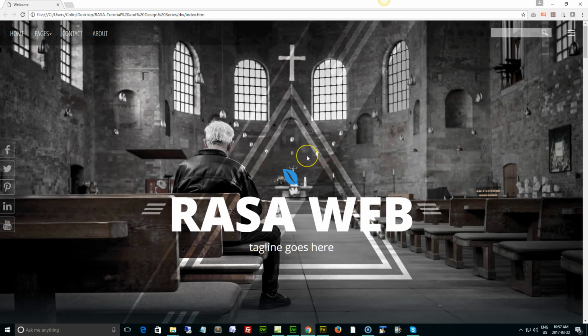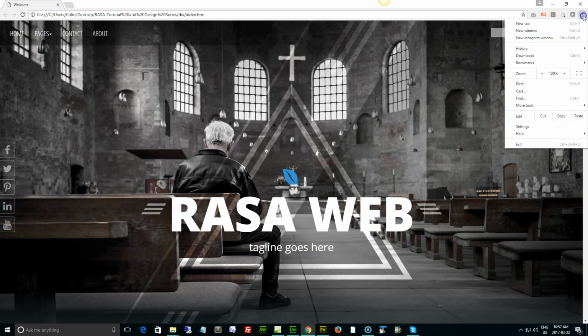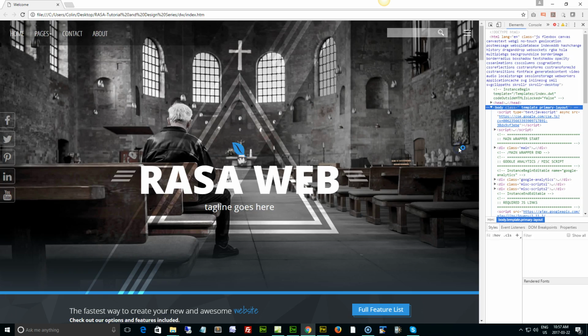I suggest you work with Google Chrome for this particular aspect of testing for mobile. Chrome has a really cool thing called the developer tool, and you can access it through the little menu up top here, more tools and developer tools. I just press Control Shift and I, or Command Shift and I on the keyboard, and it opens up a